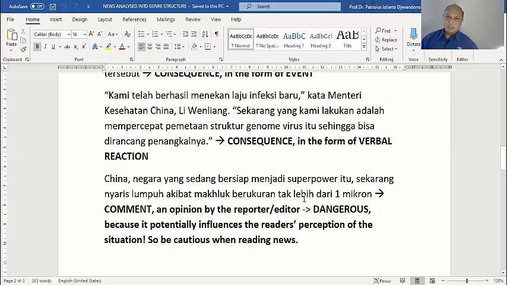If you are not critical, if you don't exercise your critical thinking, then you will just take it just like that. You will believe in it. You will have a somewhat negative opinion about China without looking further into the facts, considering some other sources and so on. You are influenced by the comment. So again, this is a very critical point in which the journalists can influence your opinion. Okay.